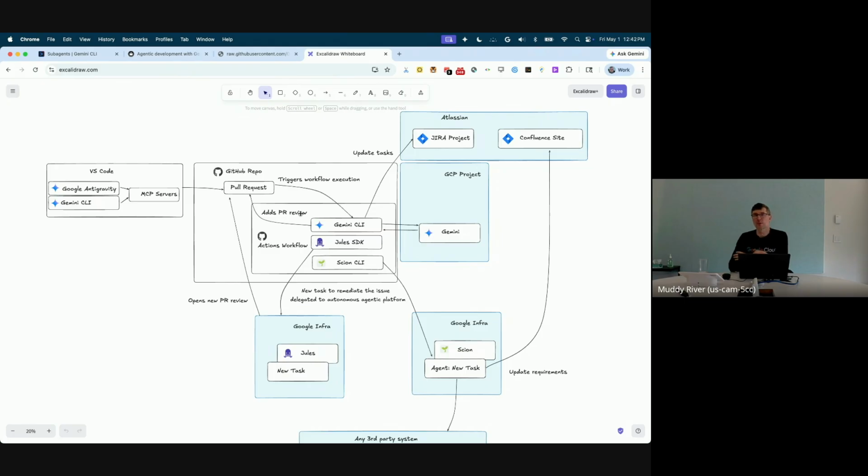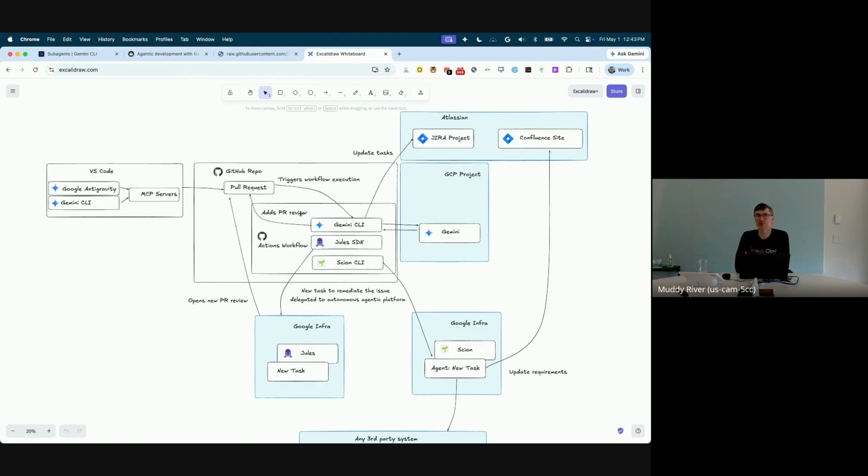And then what this workflow is doing is looking at the changes inside the PR and bringing in the context of the Jira user story, basically the requirements, and checking that the implemented changes actually align with what was requested in Jira. And if there are any issues, we can identify them and put a comment on the PR or add a comment to Jira. This is the identification phase. You can stop here, or keep going and do the remediation with